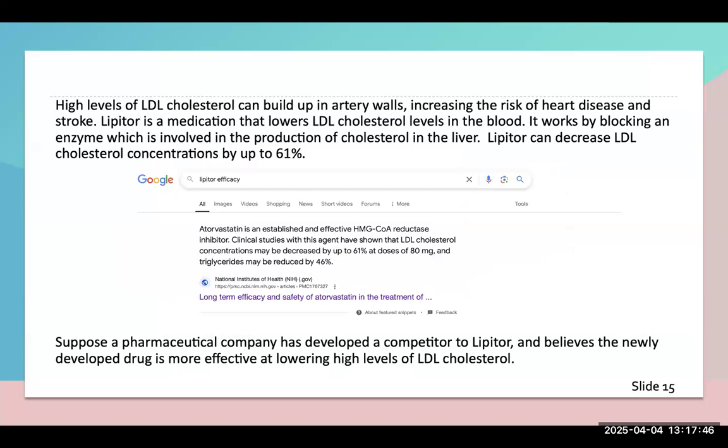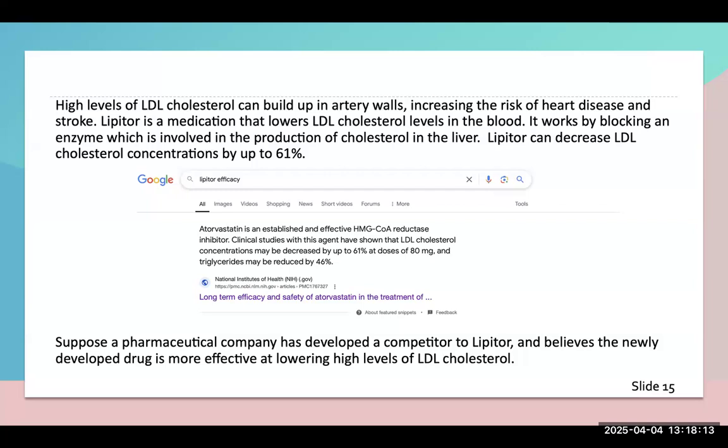Let's look at that example about Lipitor and the competitor. Remember that Lipitor reduces LDL cholesterol levels by up to 61%, and we have a pharmaceutical company who's developed a competitor, and they believe their drug is more effective. What does more effective mean? Well, if Lipitor can decrease by up to 61%, we would expect that this new drug would decrease concentration levels